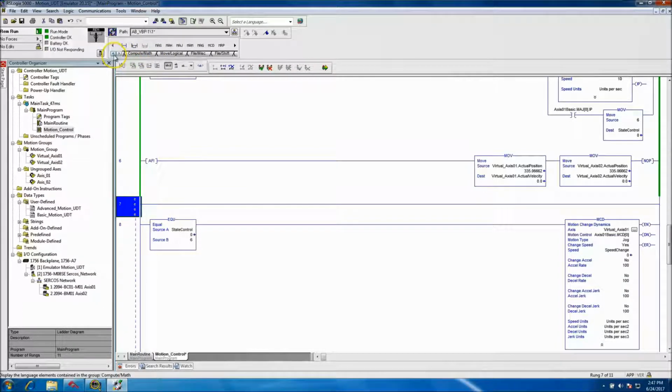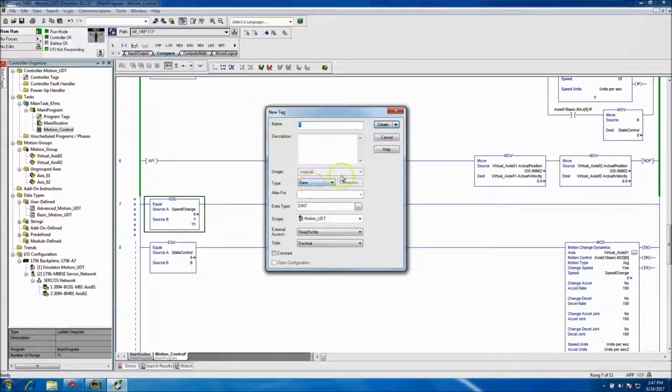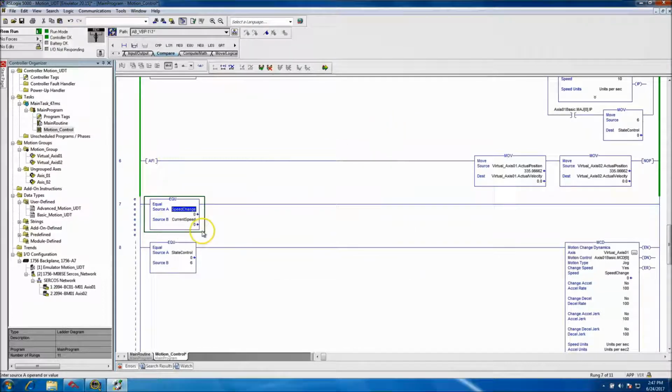So we'll go to a compare, and we'll say if the speed change is different from the current speed, and we'll keep that as a DINT 2. If it's not equal to, then what we'll do is we'll cut on a bit,